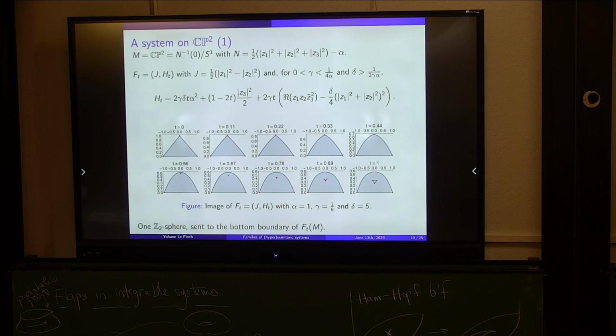But still, we managed to change our strategy a little bit and to develop exactly these systems. And I think I will have time to explain how we change our strategy right before dinner, but I guess everyone will be tired, so we'll see. Here is a system on CP2, which is completely explicit. Again, the formula is ugly. I will explain it later if I have time, but don't look at it.